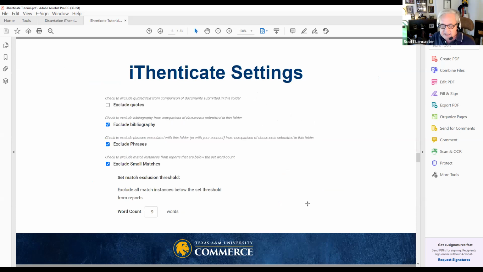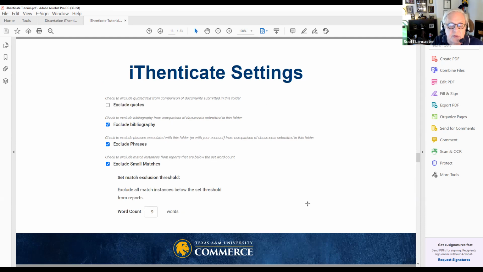There are settings that are set by the person who is submitting the document. We set it to not exclude quotes. So it's going to include things that are in quotation marks and that are indented because we want to know how much of your thesis or dissertation is not original.